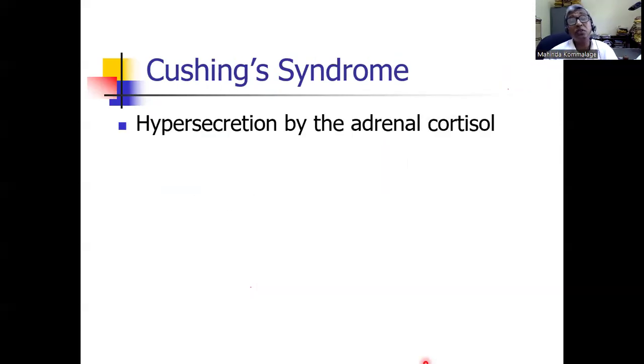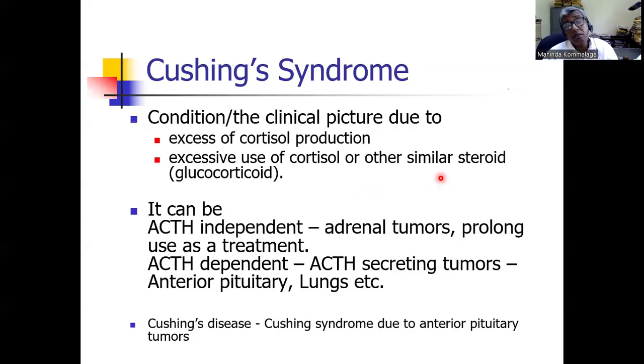Then we come to Cushing syndrome. That is increased cortisol secretion, right? So I discussed increased aldosterone secretion. Now increased cortisol secretion, that we call Cushing syndrome. Due to some problem in the adrenal cortex, we get excess cortisol production,